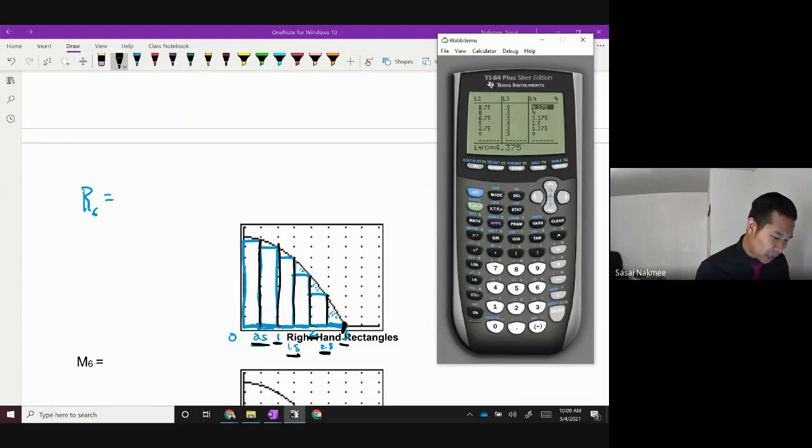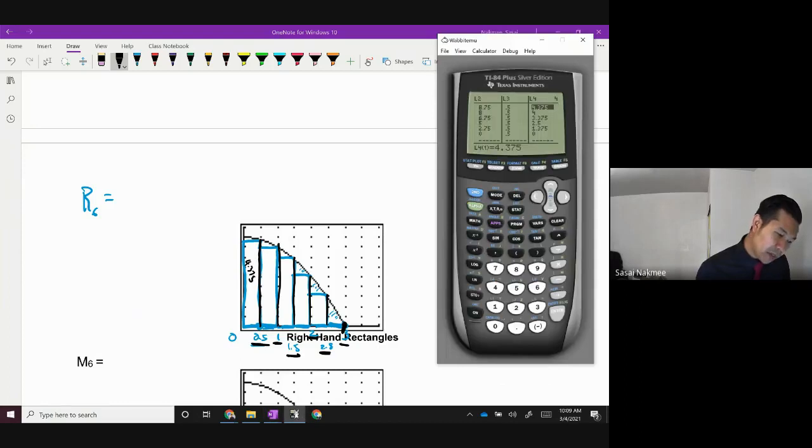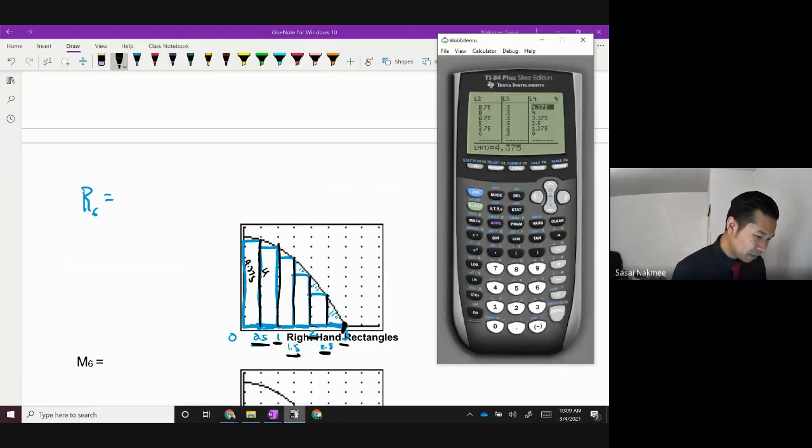So I have 4.375 is this area right here, right? Over here I have 4, and so on and so forth, all those values calculated. And wait, is that right? 4? 9 minus 1 squared. That doesn't seem right. Oh yeah, the width. Yeah, that's right. That is 4. That is right. The height was 8, but times 0.5.